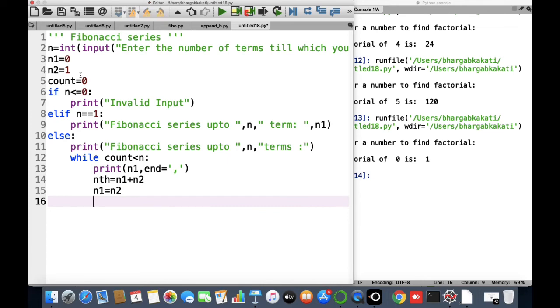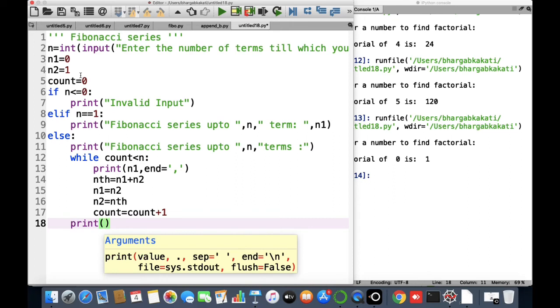Finally, n2 equals nth. Then finally we have to update the counter: count equals count plus 1. This is the update condition, and as it is complete, we can just give